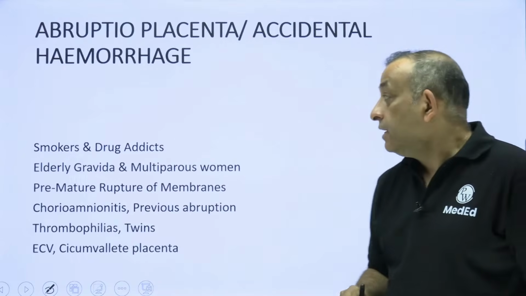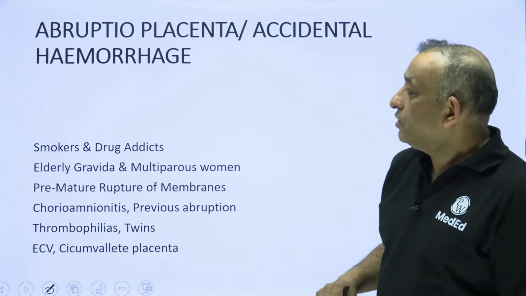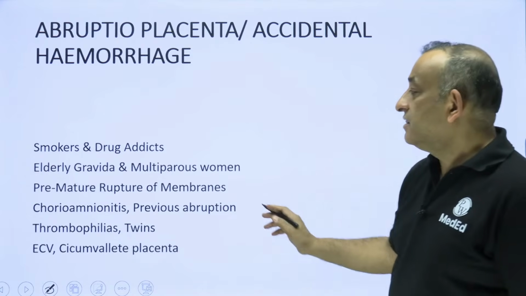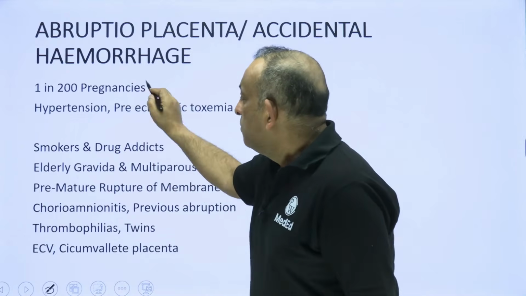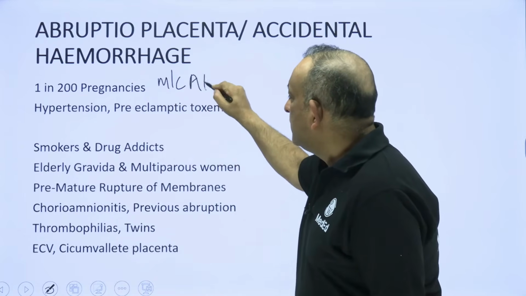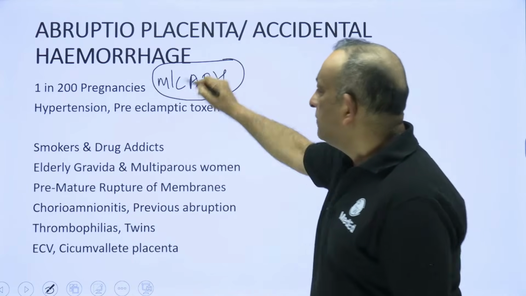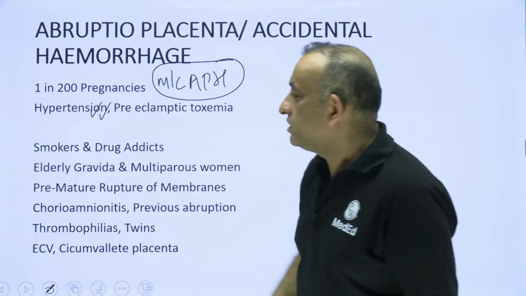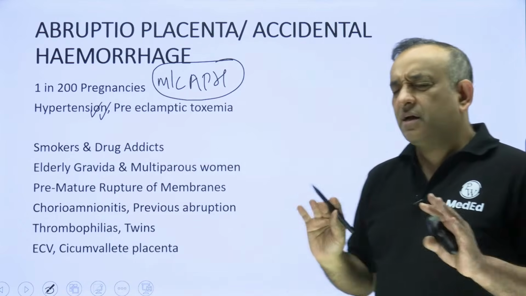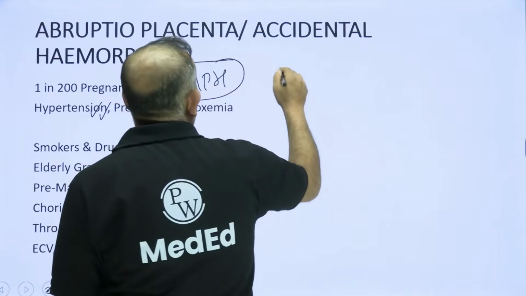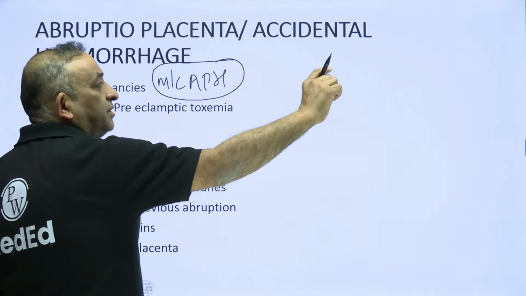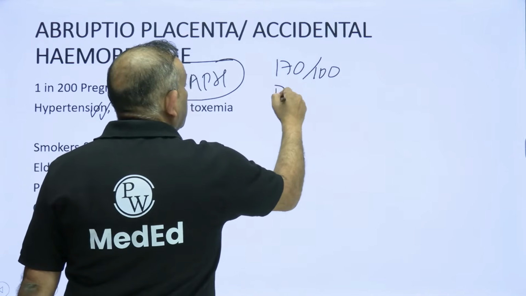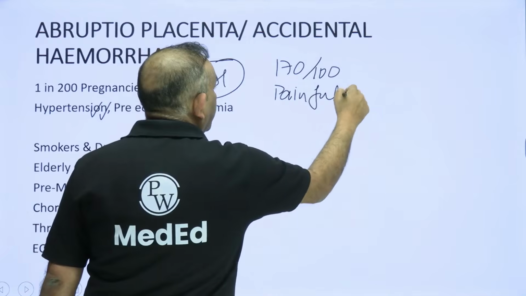Please remember that. Abruptio placenta, also known as accidental hemorrhage. This is associated with painful bleeding, and this is the most common APH. The most common antepartum hemorrhage is abruptio placentae, 1 in 200 pregnancies, associated with hypertension, high blood pressure. This is the classical MCQ, they'll give you a clinical situation in your exams. They'll say 170 by 100 is the blood pressure and painful bleeding